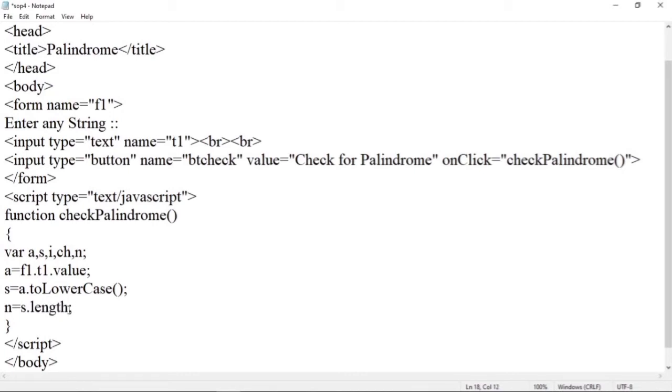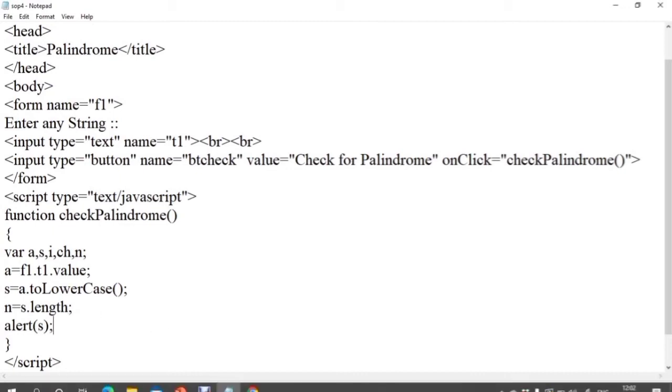Semicolon. Now if we want to check whether s is in capitalized form or what is stored in s, then we can check it using an alert. So suppose alert(s). Okay, now save this program and refresh here to check the output. Suppose we have entered a string in capital form, ASDFGH.